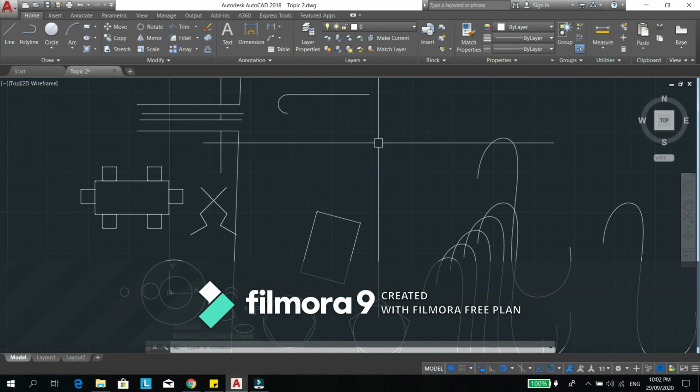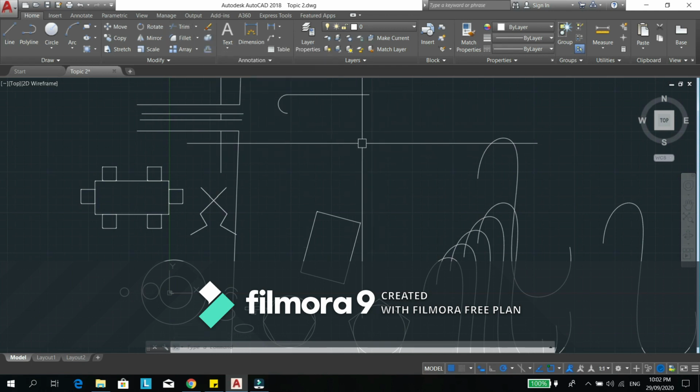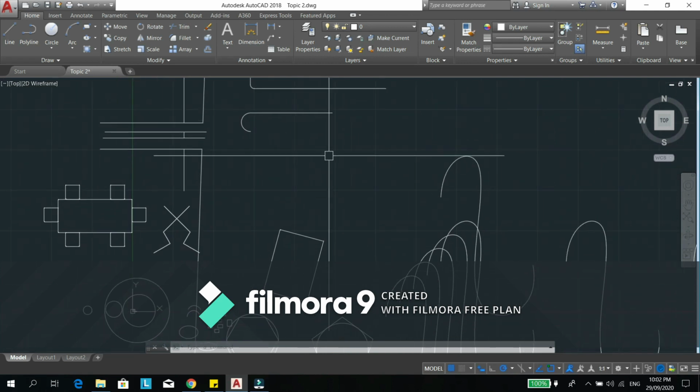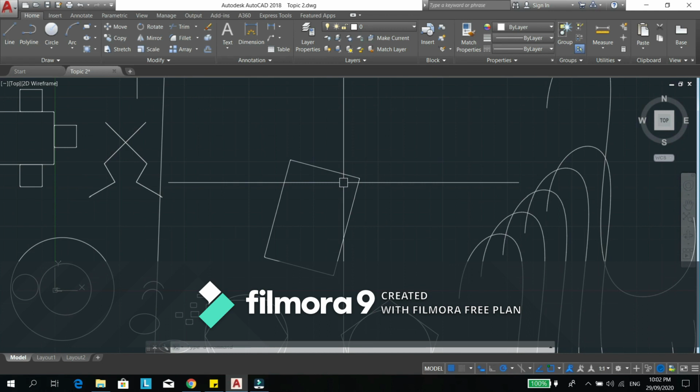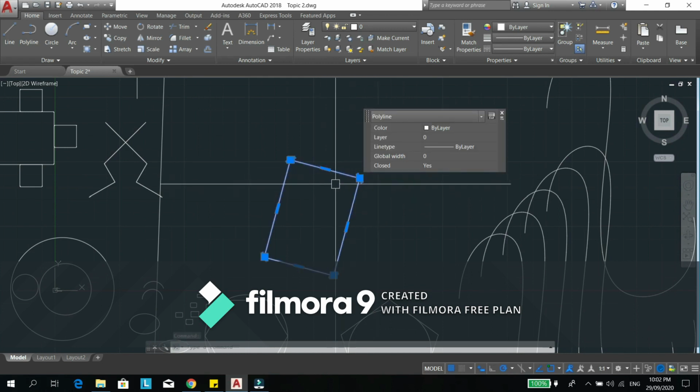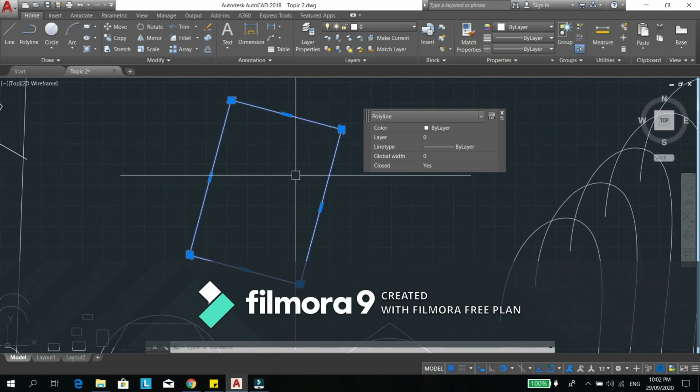Okay. So next is explode. So in explode, if your object, for example, is a polyline, since it is a continuous line, you can explode it. Same as with rectangles, circles. All objects that are polylines can be exploded. So, for example, this one. So once you click the rectangle, you can see that it is a continuous line. So if you want to explode it,